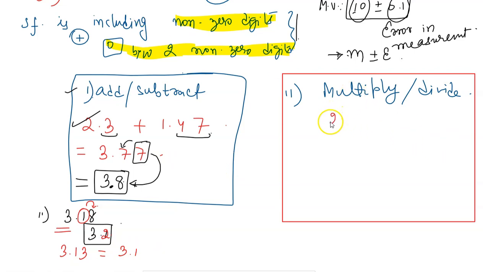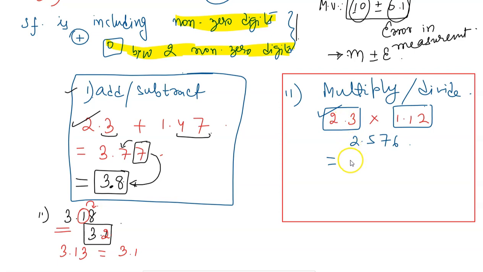So if we are about to multiply, let's say 2.3 and 1.12, so this will come out to be 2.576. So what should be our final result? Here we need to consider the numbers having the least significant figures. So there are two significant figures. So I have to present here up to 1 decimal place only, because 1 place is already occupied before decimals. So it should be 2 point.